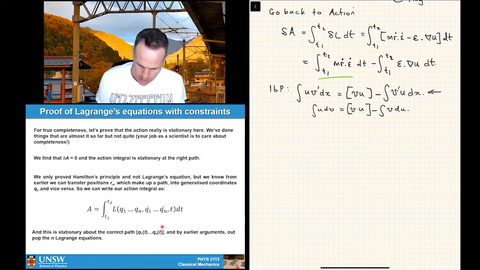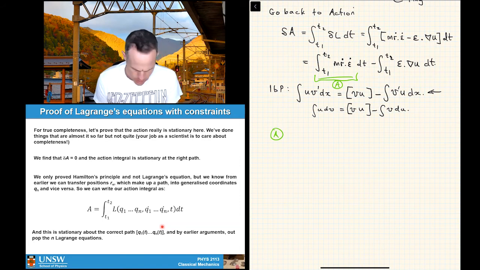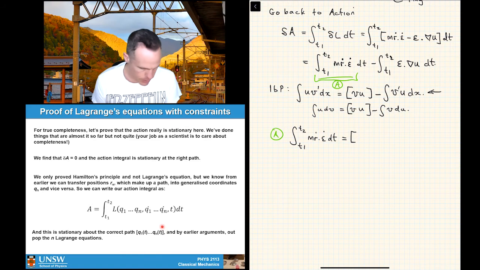So we're going to use this thing to deal with this first term up here. Let's call it A just to keep track of it. Okay, so we're going to come down here to A, and we're going to go integral from t1 to t2 of m r dot dot epsilon dot, I'm going to call it e dot because I'm feeling lazy today. Now, if we use this expression above, we've got the definite part here, so this will be m, and of course I'm going to take my u